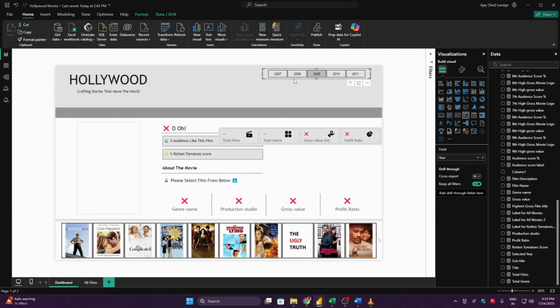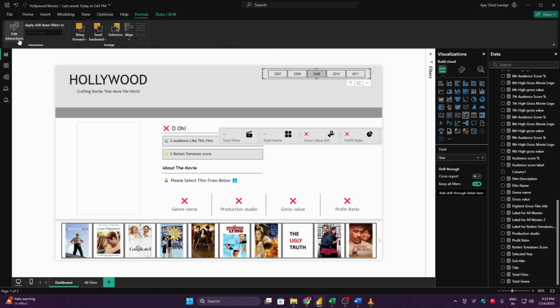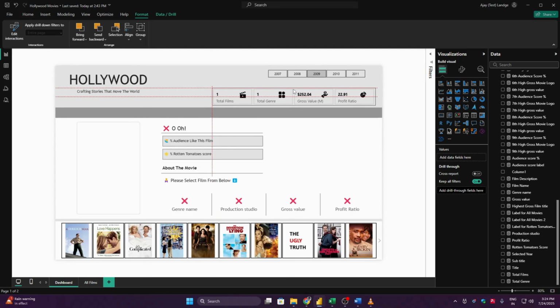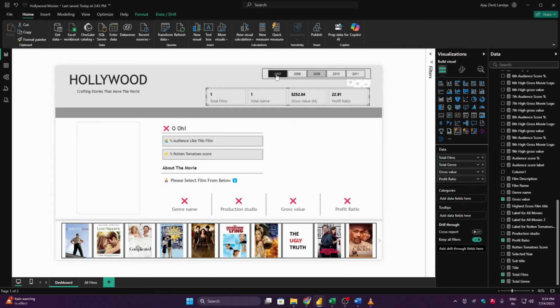Okay, select your filter panel, go to Format, Edit interactions. Whenever I select 2009 or 2010, I don't want all this value to get filtered. Okay, for 2007,